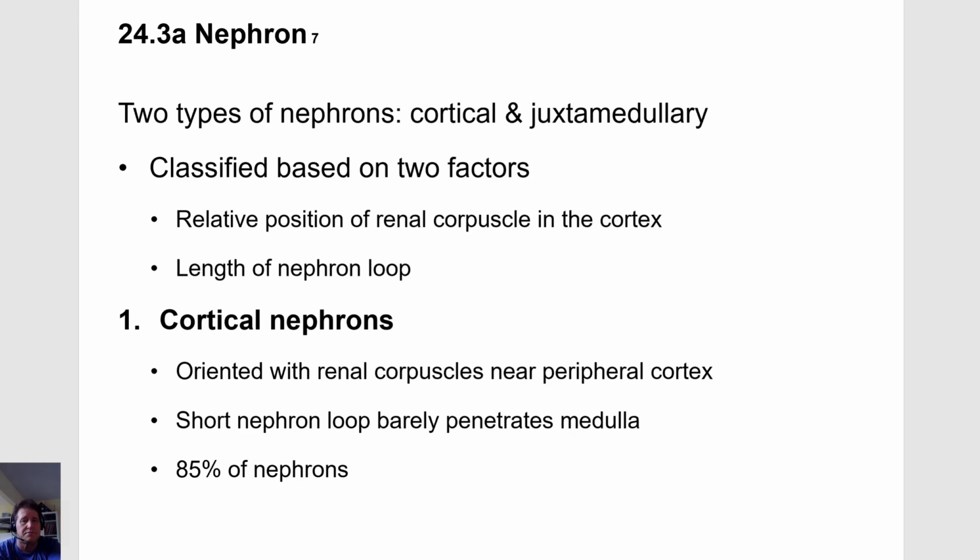There are two types of nephrons, the cortical nephron